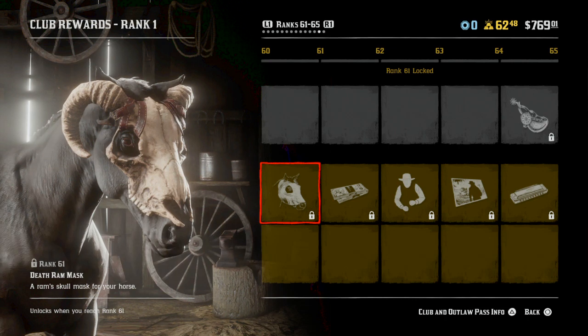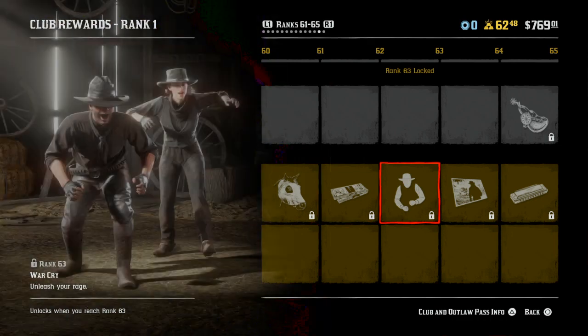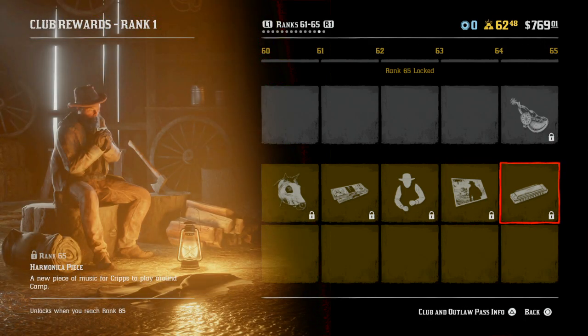Death Ram mask, so I believe that was advertised on the Rockstar Newswire at some point. During this, I do remember seeing that there. $200 reward, War Cry, Unleash Your Rage, Countryside background set, and a harmonica piece, another new piece of music for